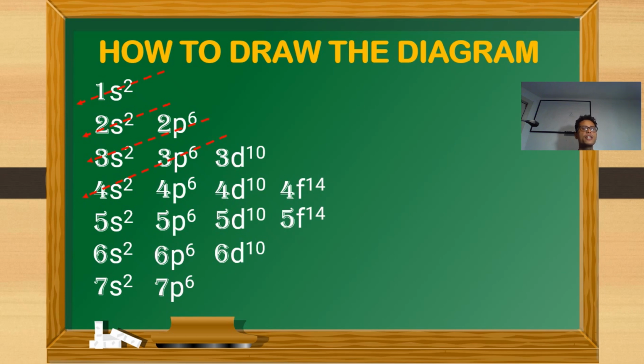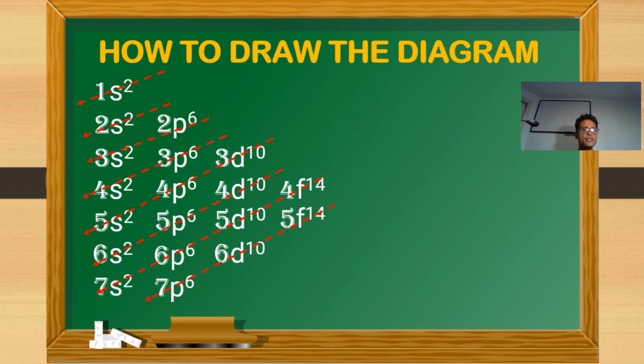Then if you still have electrons to be placed, the next electrons will go through 3d10 4p6 5s2. Then the next arrow trespasses 4d10 5p6 6s2. Then another arrow that starts on 4f14 5d10 6p6 7s2. And the last arrow passing through